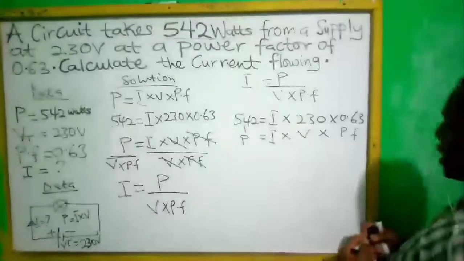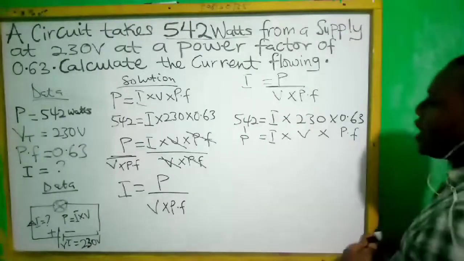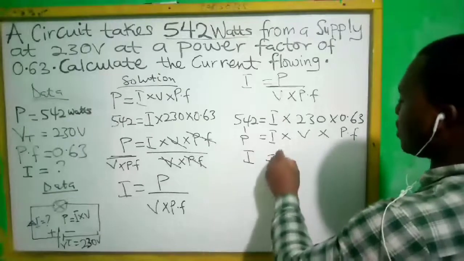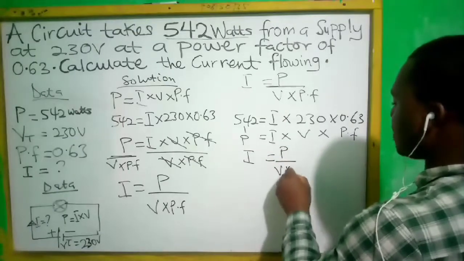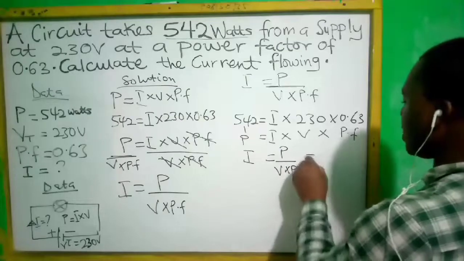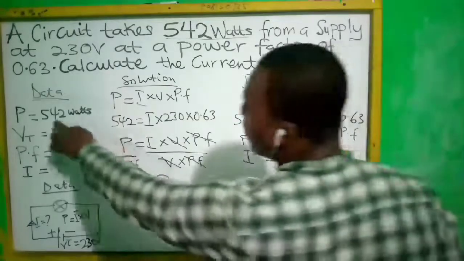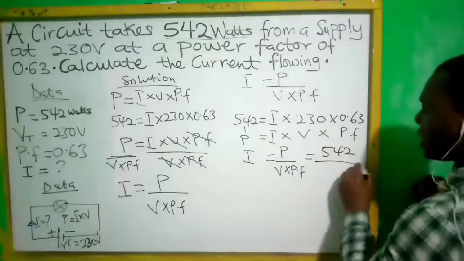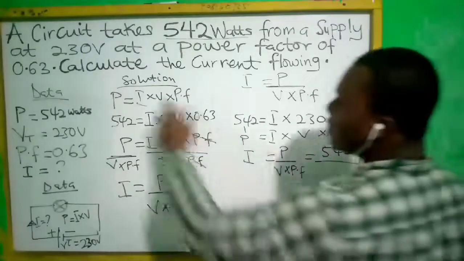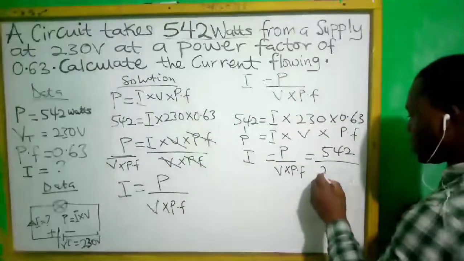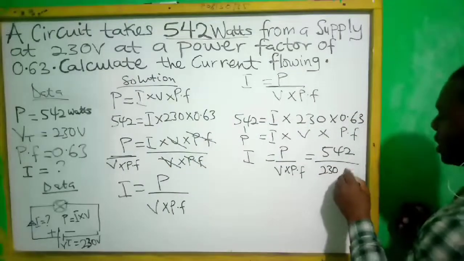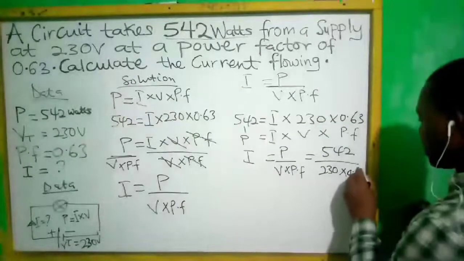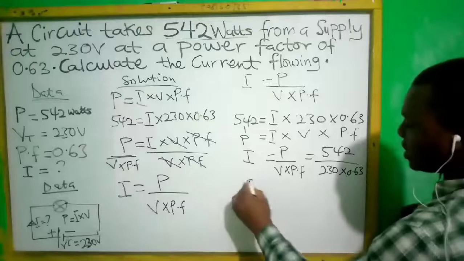So what we do here, we write this formula back, which is current equal to power over voltage times power factor. Power is what? 542 watts. So 542 divided by voltage times power factor. The voltage is 230 volts, so 230 volts times power factor 0.63. So current is equal to